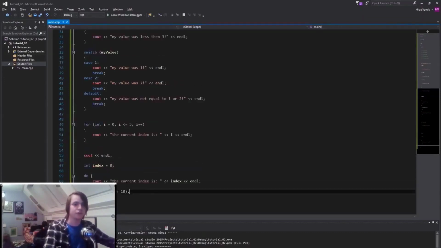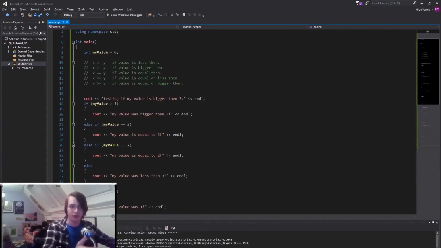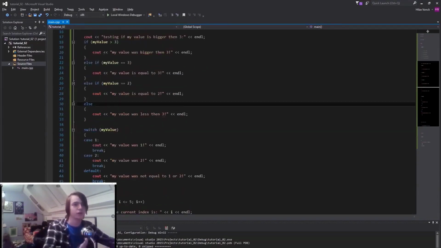So these are the different types of statements that we have. Let's have a little recap. We have an if statement that will only run whenever a certain criteria is met. Then we have an else if statement that will also only run when a certain criteria is met. And then we have an else statement, and that will run whenever some criteria isn't met, or a lot of different criteria, because you have a lot of different else-if statements, aren't